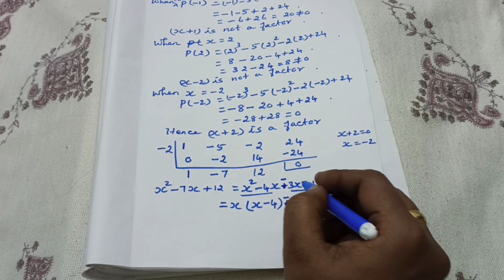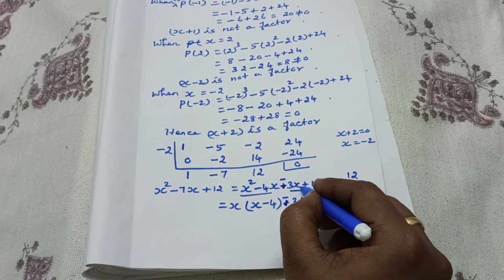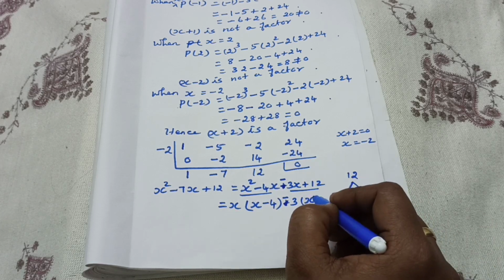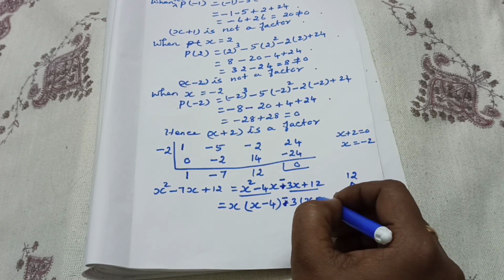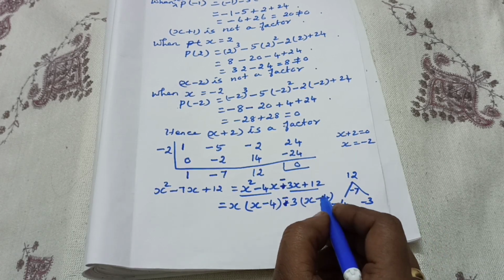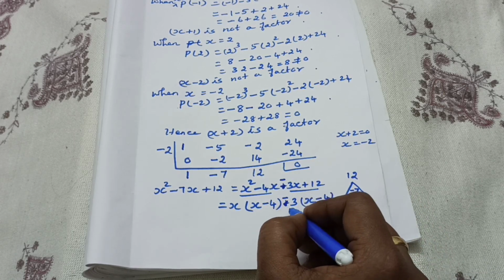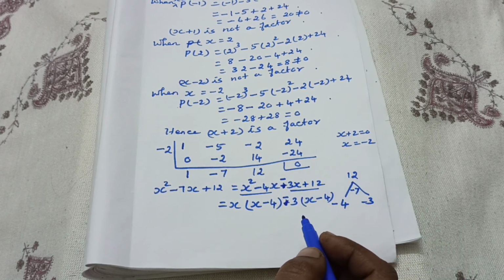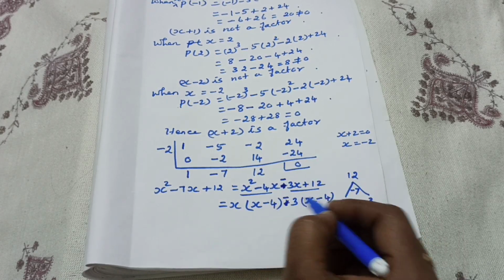Minus common you should take outside. Then only we will get what here remaining, x. Okay. Then 1 minus, if we take outside, means here also minus will come. Then only we will get what, minus into minus is plus. Okay. Minus 3 into minus 4 is what, plus 12 we will get. Correct? Take here minus. Okay.